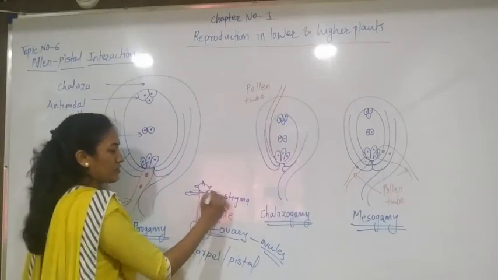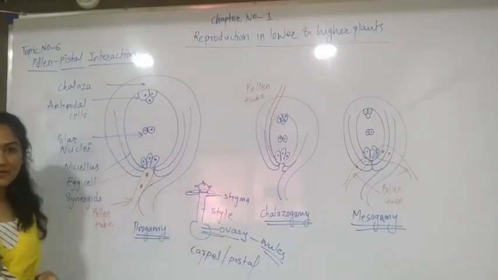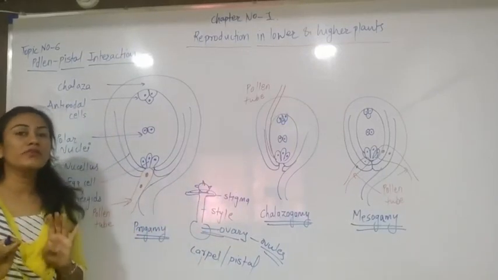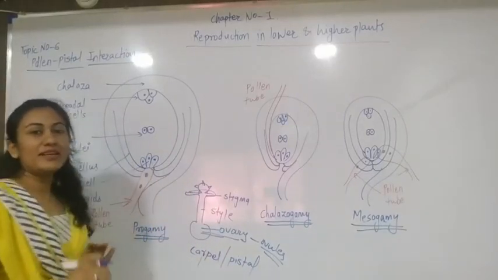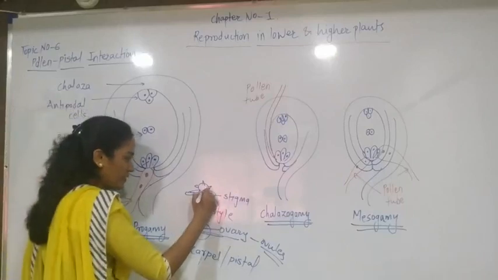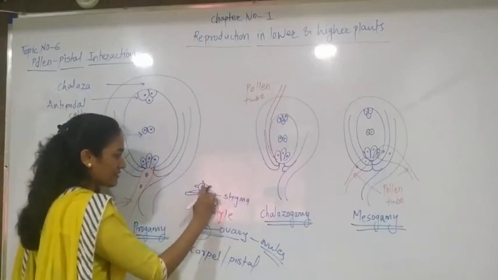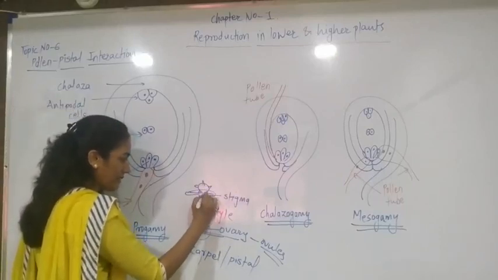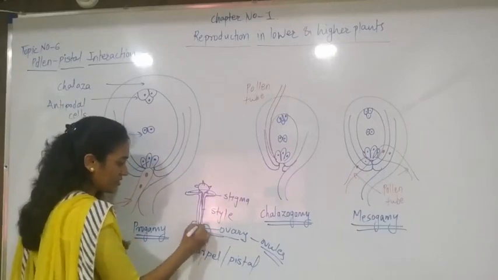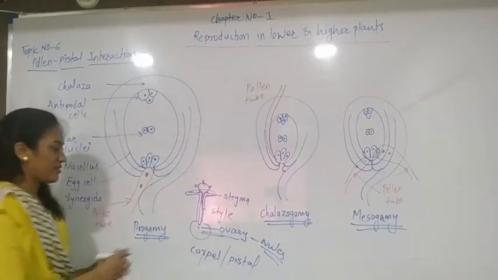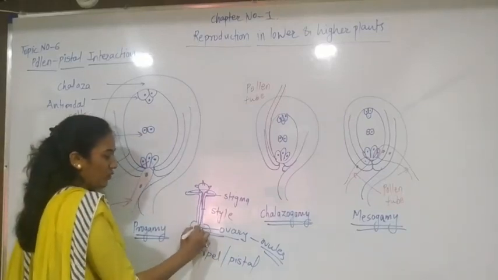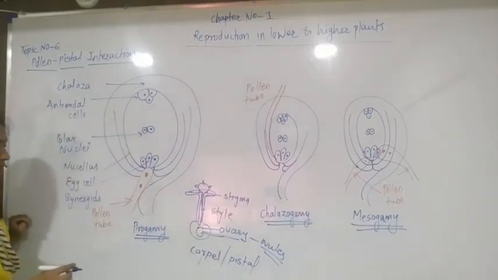from the anther to the stigma. The stigma produces a sticky substance, but the process is not done over here. For that, one more process is needed, the formation of the pollen tube. This pollen tube is formed inside the style, okay? Then it reaches up to the embryo sac, and this is called pollen pistil interaction. When it reaches one ovule, what happens further?